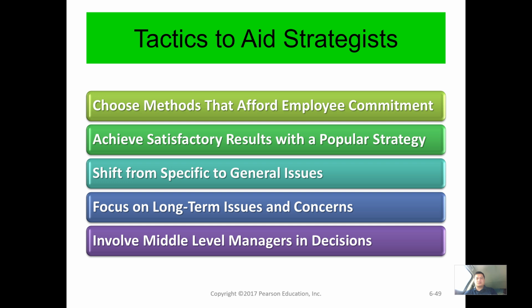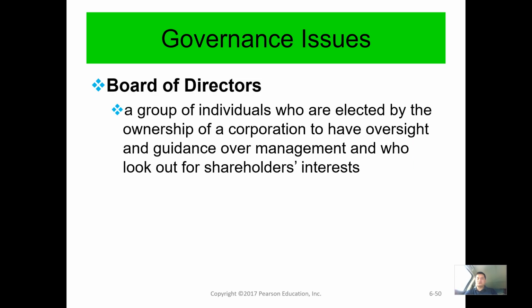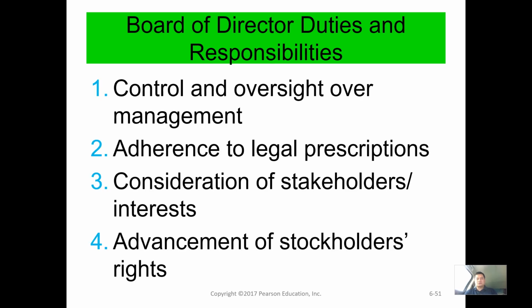Here you can see the tactics to aid strategists: choose methods that afford employee commitment, achieve satisfactory results with a popular strategy, shift from specific to general issues, focus on long-term issues and concerns, and involve middle-level managers in decisions. Governance issues: Board of Directors. A group of individuals who are elected by the ownership of a corporation to have oversight and guidance over management and who look out for the shareholders' interests. Board of Directors duties and responsibilities: control and oversight over management, adherence to legal prescriptions, consideration of stakeholders' interests, and